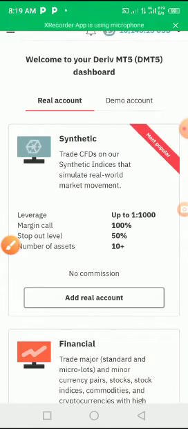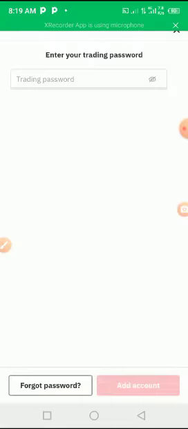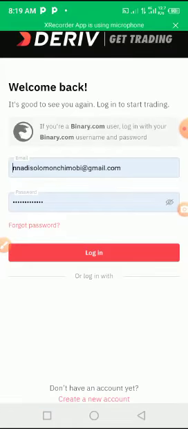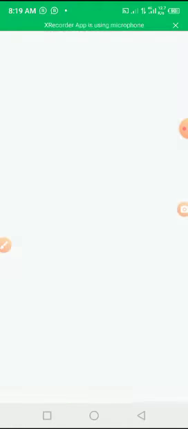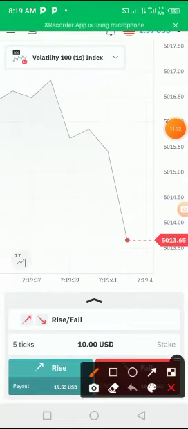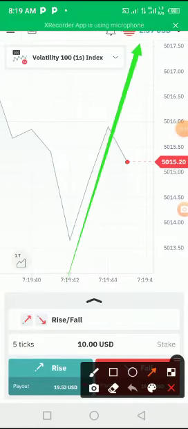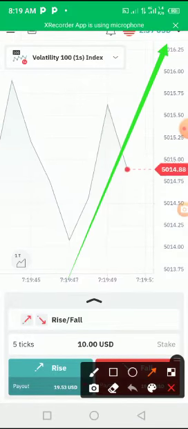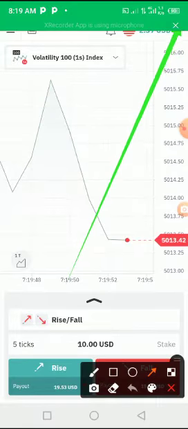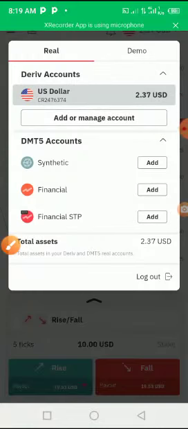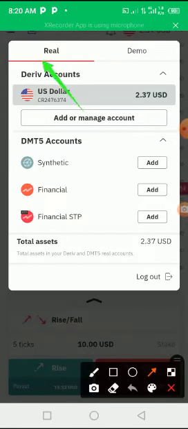Okay, let's do each of them. I click on Rain, say add Rain. Let me go back, I did it too fast. Let me log in again. I just click back, so it will log in now. Do you see? This is Rain now. I told you, when you see this symbol, that's where you know it's Rain. This person doesn't have money in that account, so I'm going to tap on this pop-down menu so that we copy the account number and go to MT5. So I've tapped. You see, it's on Rain now. The highlight is on Rain. You see this red underline is on Rain.